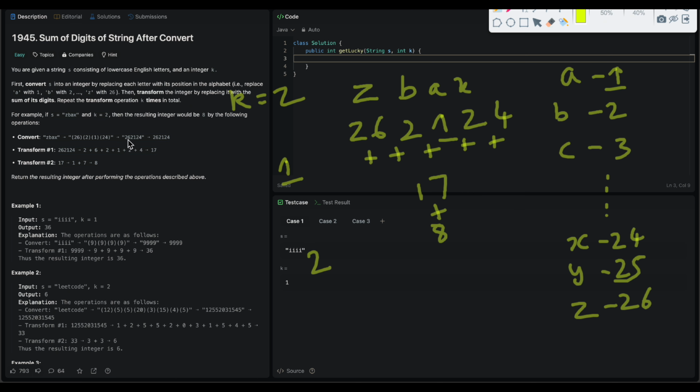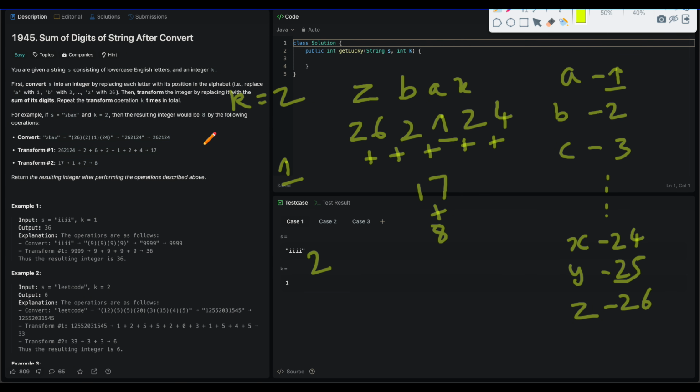Now in terms of solution, the algorithm involves two steps. First, we convert a given string of lowercase letters to their respective positions in the alphabet. And how can we do that? So one way can be that we iterate on the string and then for each character, we can just do ch minus 'a' plus 1. So suppose ch is a, then we can just do 'a' minus 'a' plus 1. So that will give us a equal to 1. Similarly, if ch is b, then we will do 'b' minus 'a' plus 1. That is 2